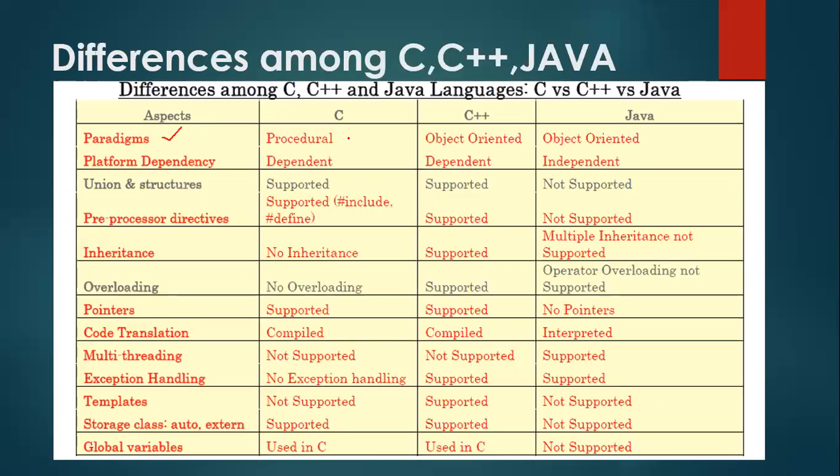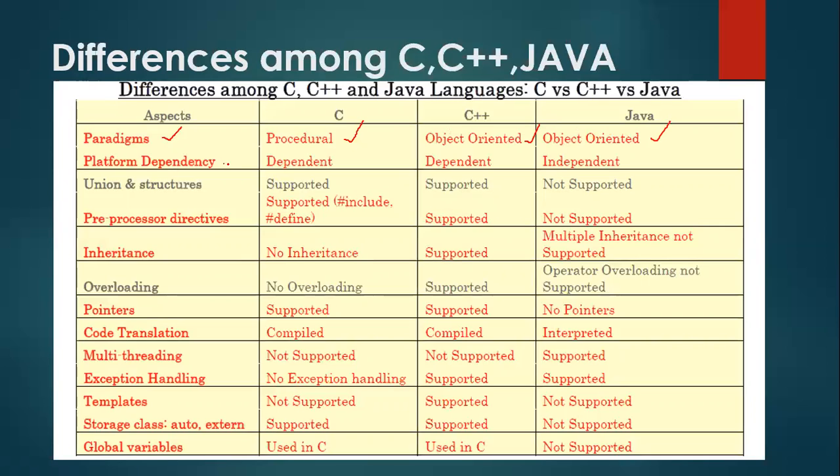You know, C is a general structural language. In this language, we are using several functions to create programs, main functions and other functions. So functions are nothing but like methods and procedures. So C is called a procedural oriented programming language. But coming to C++, it is an example of an object oriented programming language. Java is also an example of an object oriented programming language, because C++ and Java both use objects and classes to develop the programs.